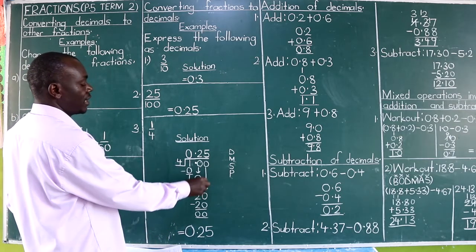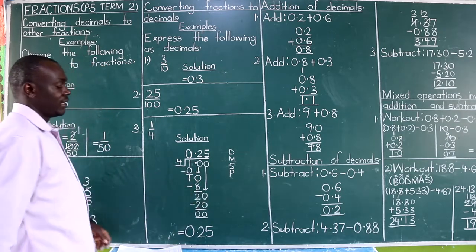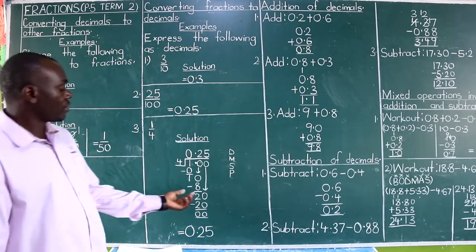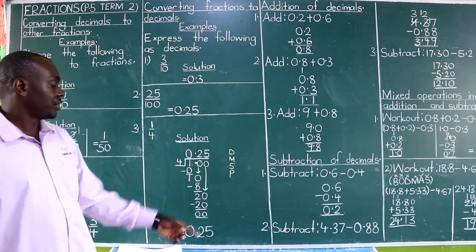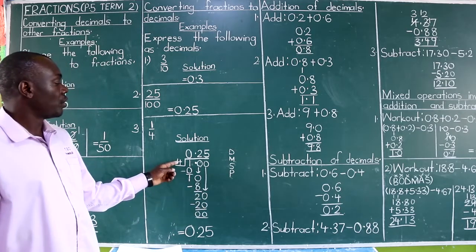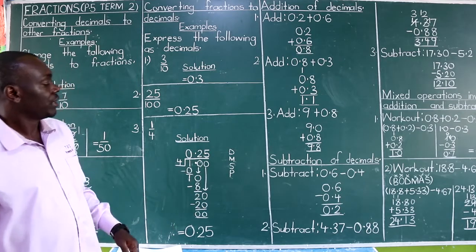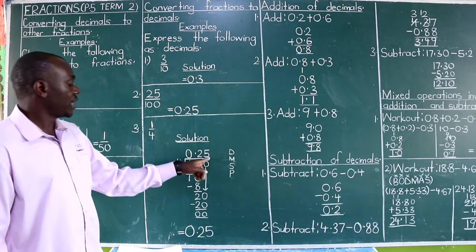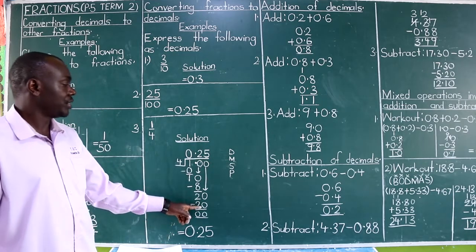So add a 0 here and pull it down here. And then it goes to 2 and becomes a 20. So now that you have pulled down a 0, we go back to division. 20 divided by 4, you get 5. Now you have divided. You are going to multiply. 4 times 5, you get 20.